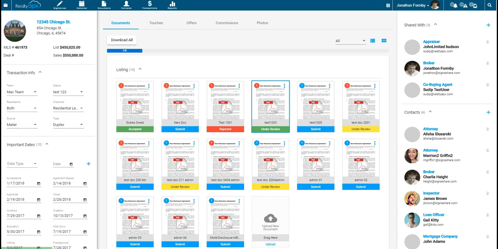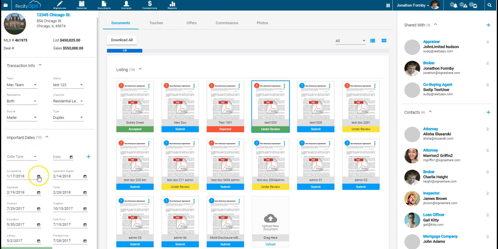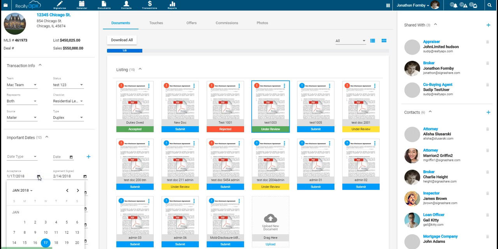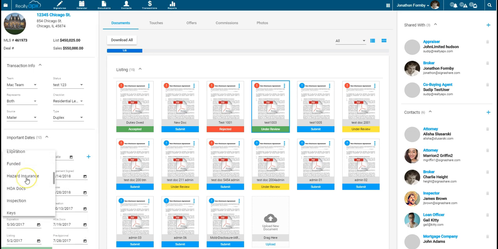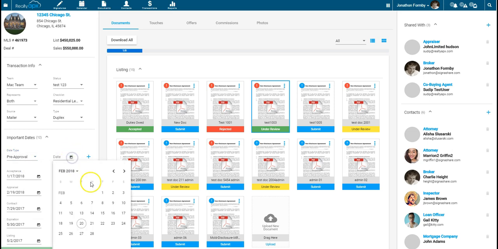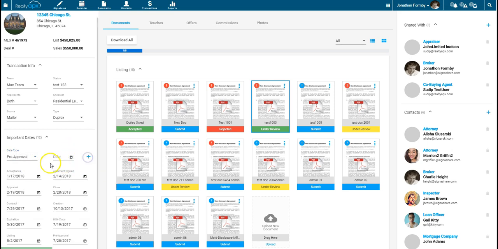If you look at details, you have the ability to keep all the dates. These dates will trigger those tasks that need to be done. They can be automated based off of dates that are needed and things that need to happen on the transaction. We have an offer feature, showings feature, but let's dive into this commission section because we have a dynamic commissions